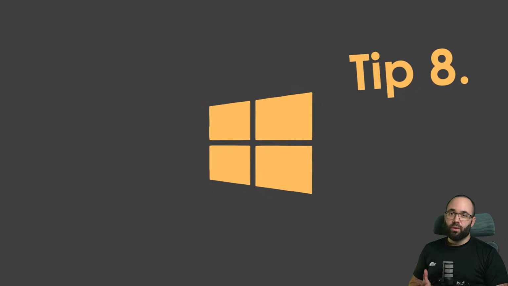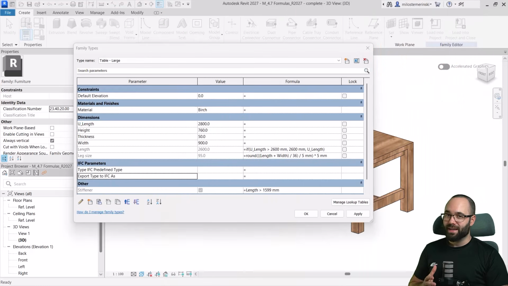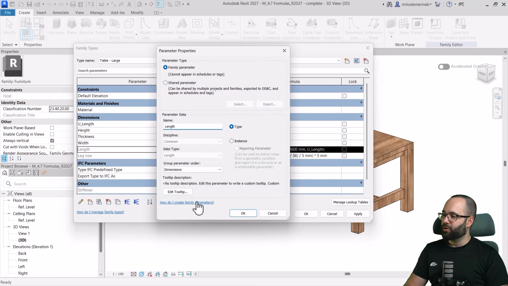Tip number 8 for Windows is that Windows now actually has speech to text integrated, so you can use the Windows H shortcut to do that. So for example, here I have this length parameter, it's controlled by the formula and I don't want people to change it. So what I'll do is I'm just going to go here to edit parameter and then go to